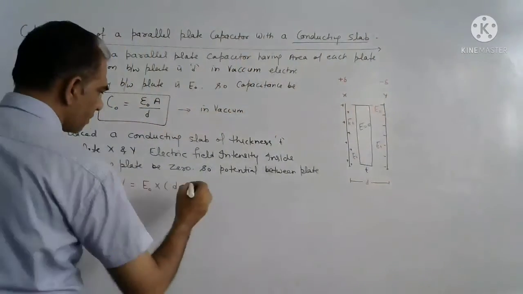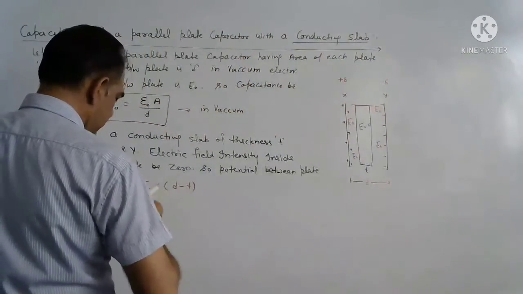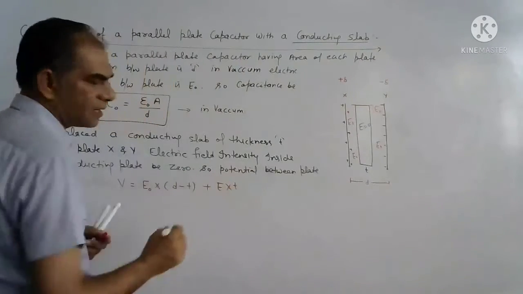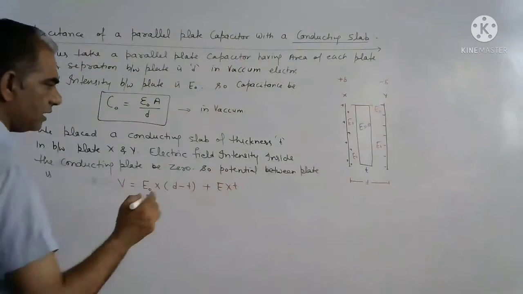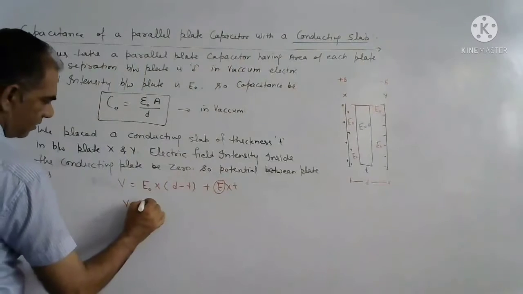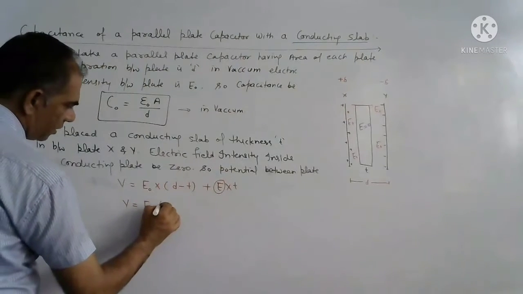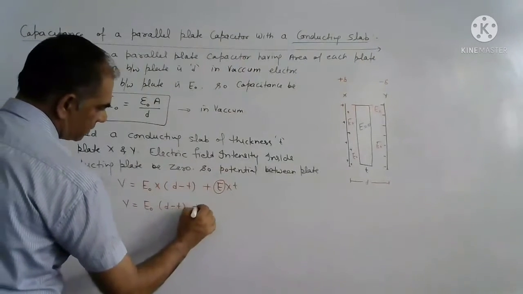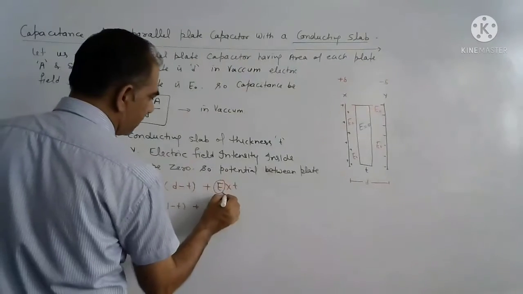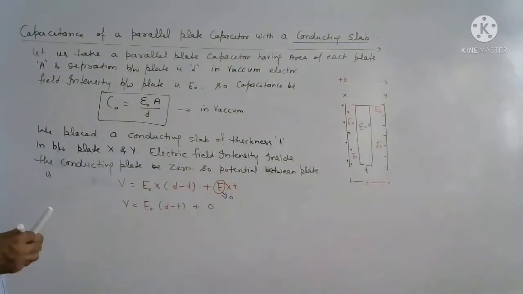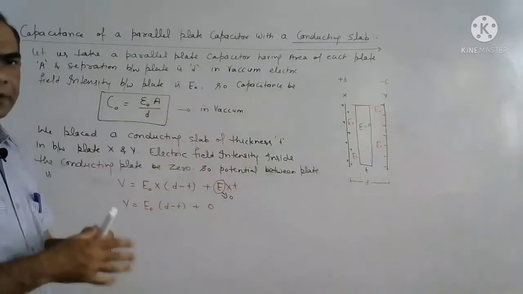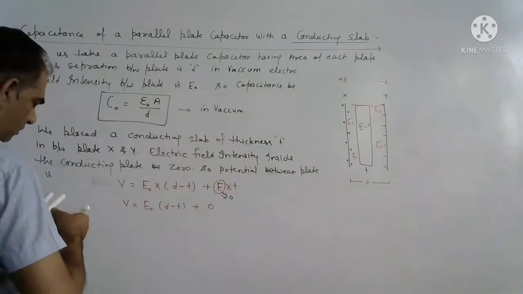E का। प्लस E इंटू T। दो पार्ट में हमने पोटेंशियल को तोड़ लिया, और E की वैल्यू क्या है? 0। पोटेंशियल क्या बन जाएगी हमारी? E नॉट इंटू D माइनस T प्लस 0। ये वाला पार्ट आपका 0 हो जाएगा, क्योंकि कंडक्टर के इनसाइड में इलेक्ट्रिक फील्ड 0 होती है। तो अब हमारी पोटेंशियल पहले से कम होगी,